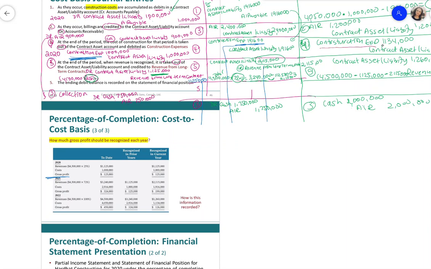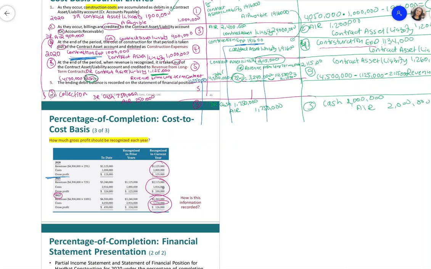Your expense was 1,134,000, and that's what the expense is. And what was my revenue? My revenue was 1,260,000 for that year. So they're asking you for the current year. So in this case, these are